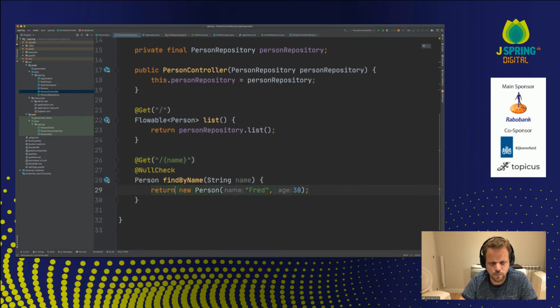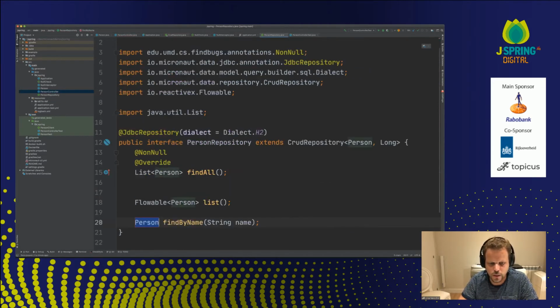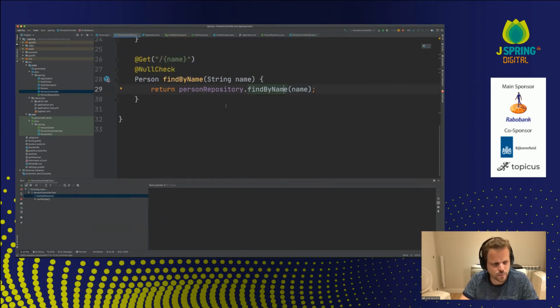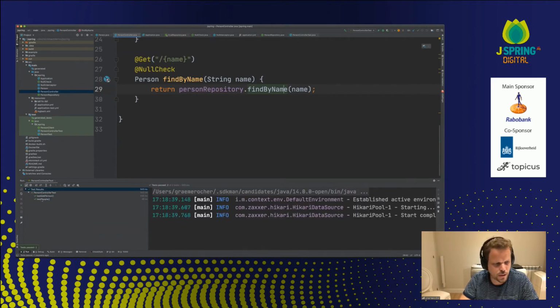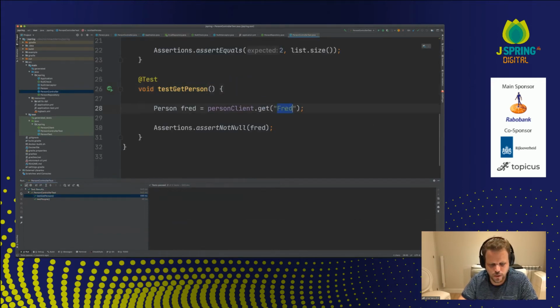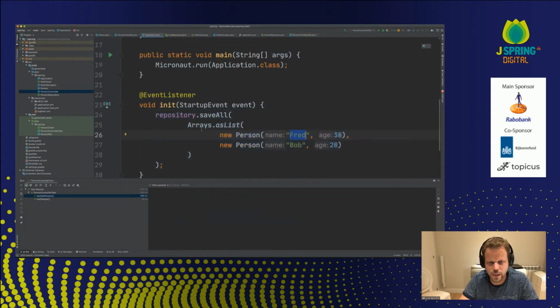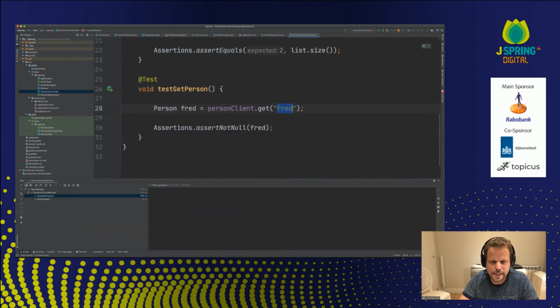If I wanted to modify this to use my database, I can say findByName, and then create a method in here, findByName, which implements that use case. I don't know if my tests will still pass after running this. Oh, they do, okay, well, that's good. My getPerson method is actually querying for Fred, which is one of the people we created in my application class startup event. So we're all good there.